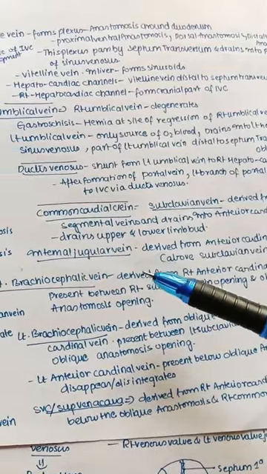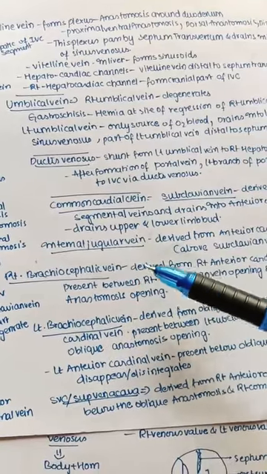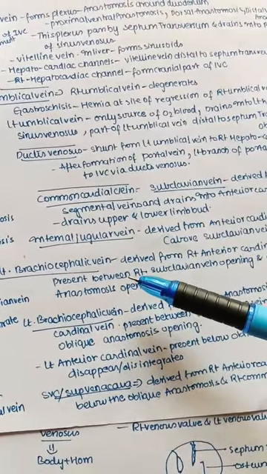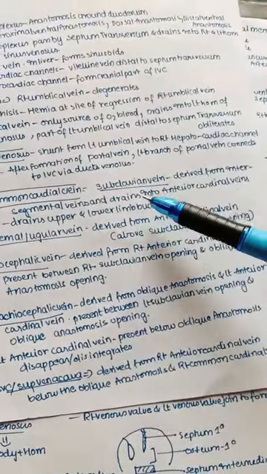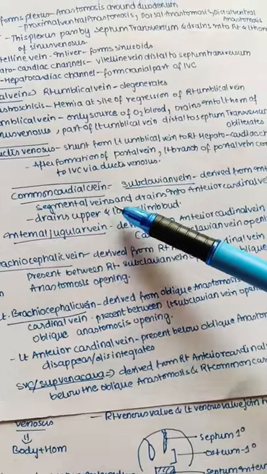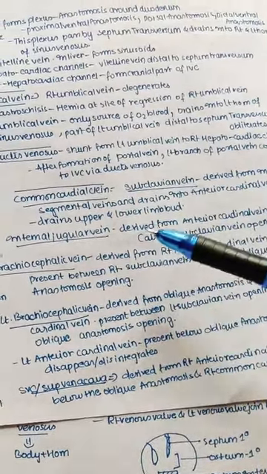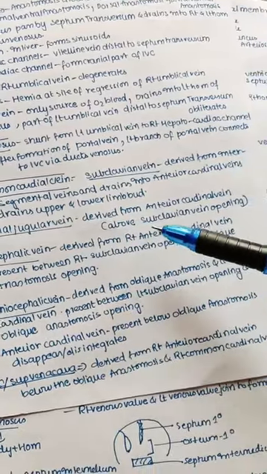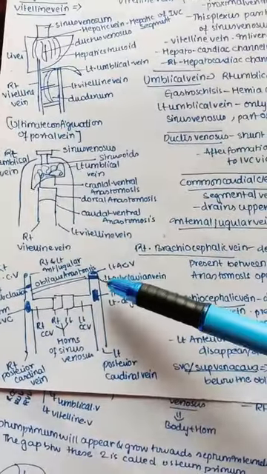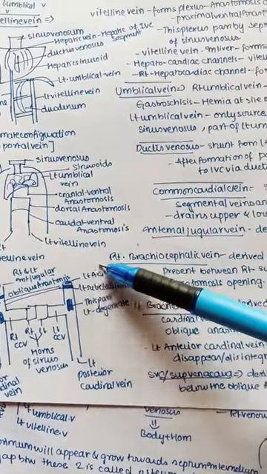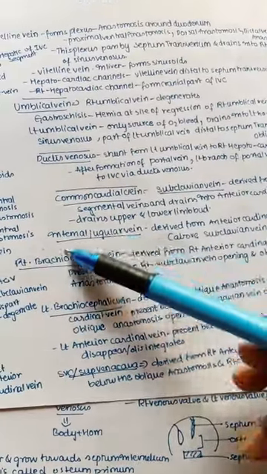Common cardinal veins in turn give rise to many veins like the subclavian vein, internal jugular vein, right brachiocephalic vein, left brachiocephalic vein, and even the superior vena cava. So let us see the subclavian vein. It is derived from the intersegmental veins, also drains into the anterior cardinal veins, and drains the upper and lower limb bud. And the internal jugular vein is derived from the anterior cardinal vein above the subclavian vein opening. So you can say this is the subclavian vein opening. Above the subclavian opening we have here the anterior cardinal vein. So this leads to formation of the internal jugular vein.